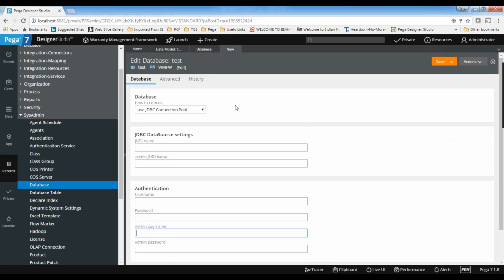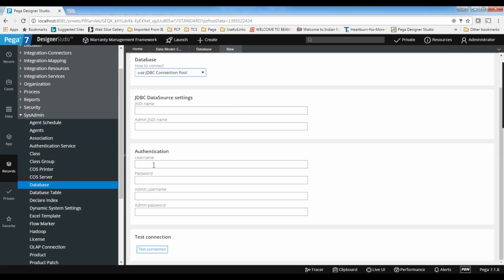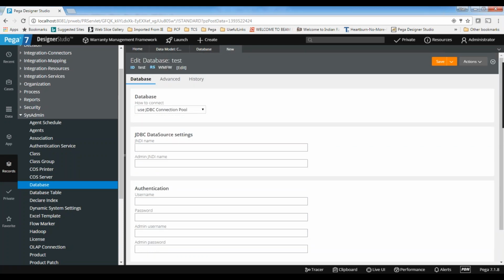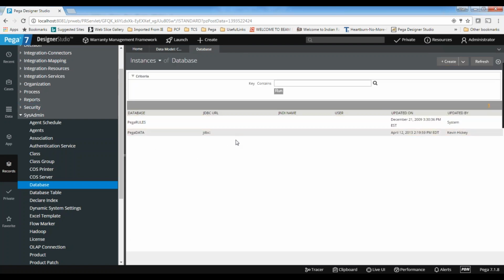The details will be provided by your administration team, and you need to provide the name, the username and the password, and then test the connection. That's it. Who will create these connections, as an architect, a developer, or an administrator?